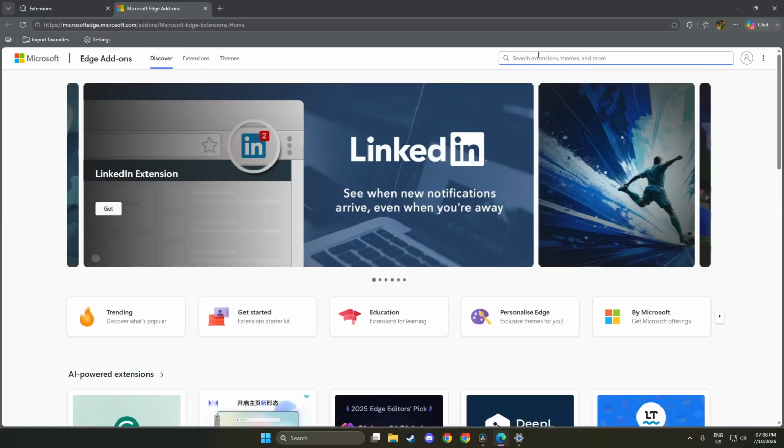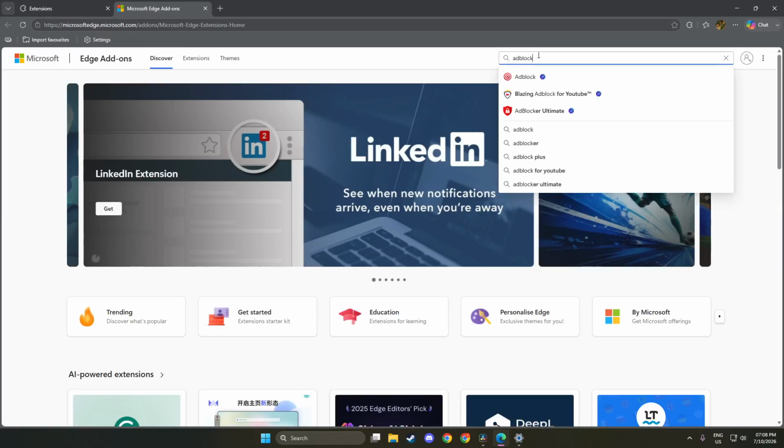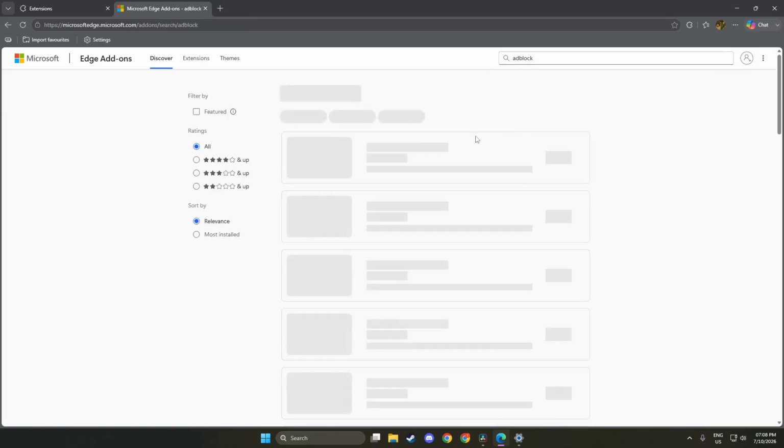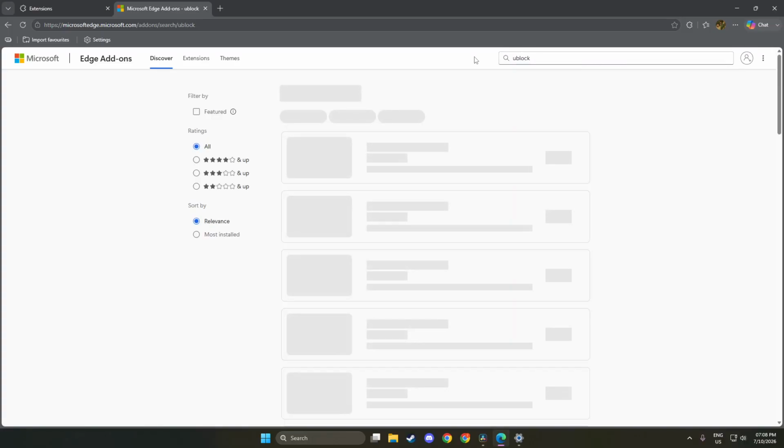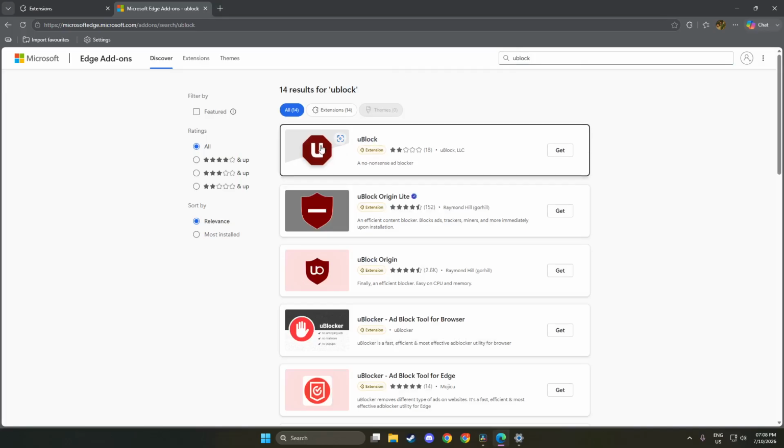From there, click on the button that says Get Extensions for Microsoft Edge. This button is usually prominently displayed on the extensions page. By clicking this, you will be redirected to the Microsoft Edge add-on store. This store is where you can browse through a variety of extensions available for Edge. Finding and adding an ad blocker is essential for reducing unwanted ads and enhancing your online privacy. After you click this button, the store will load and you will see numerous options available for download.